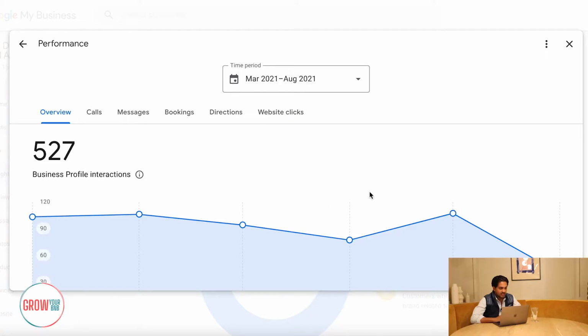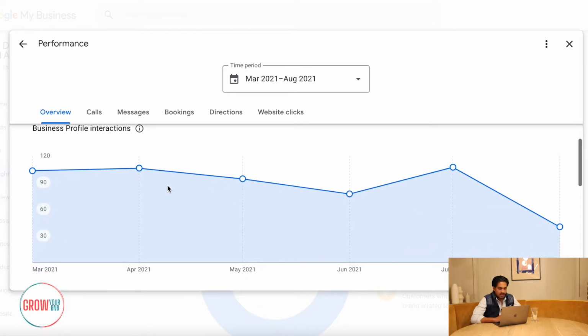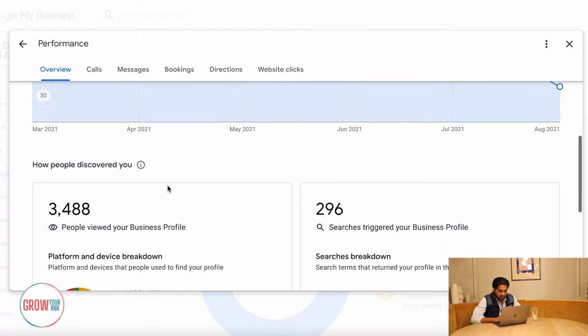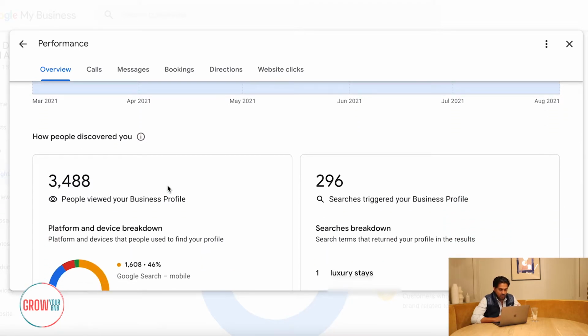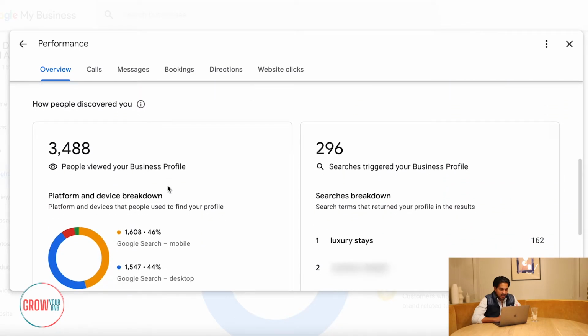So now I'm going to take you to my screen and let's have a little run through of what it looks like. This is one part of Google My Business that you must know about. Firstly, as you can see from my screen, it says there are 527 profile interactions, right? Now, if I'm scrolling down, the first thing I want to make sure you understand is how people